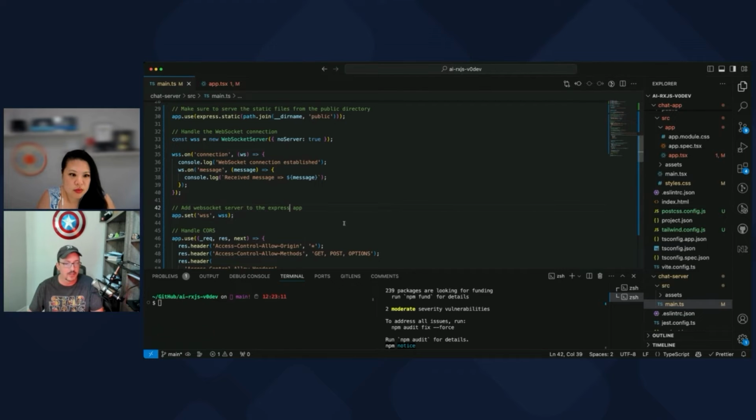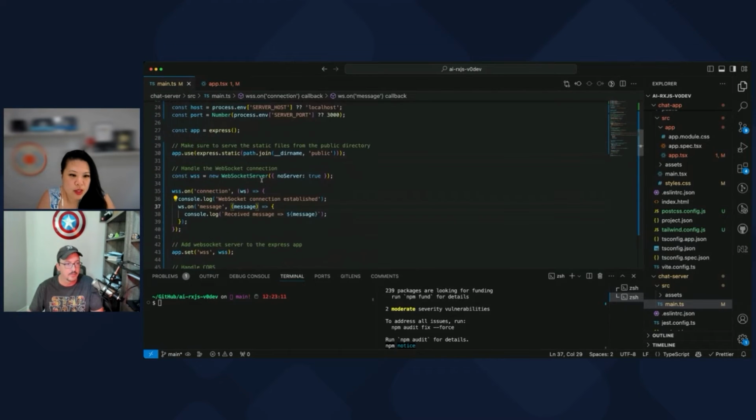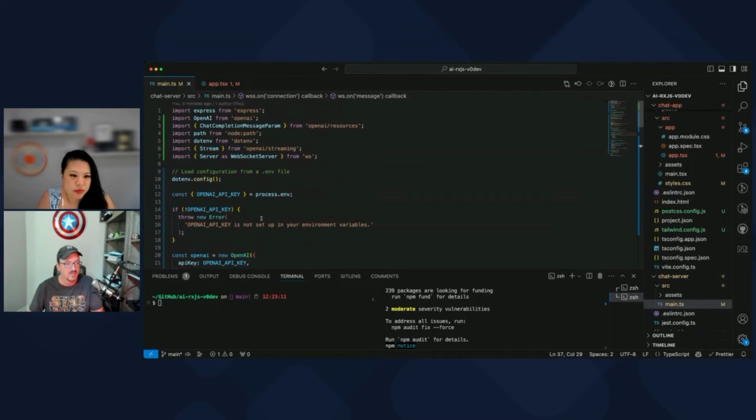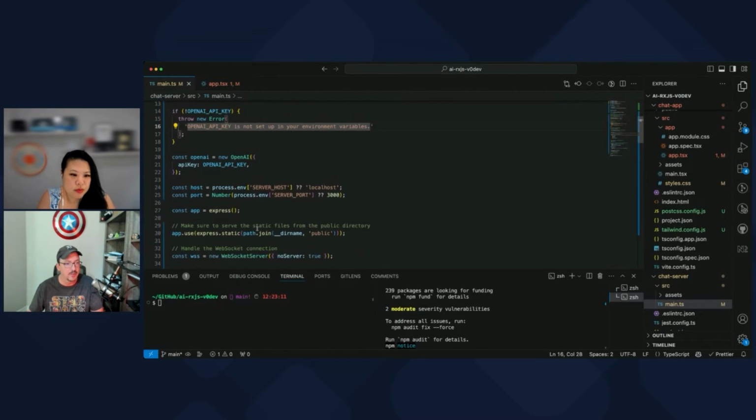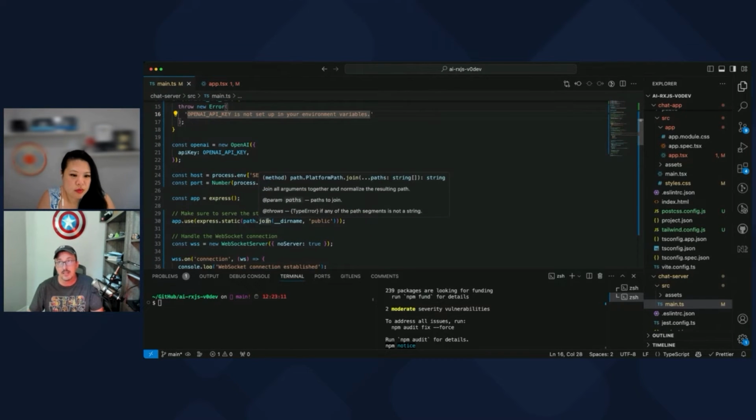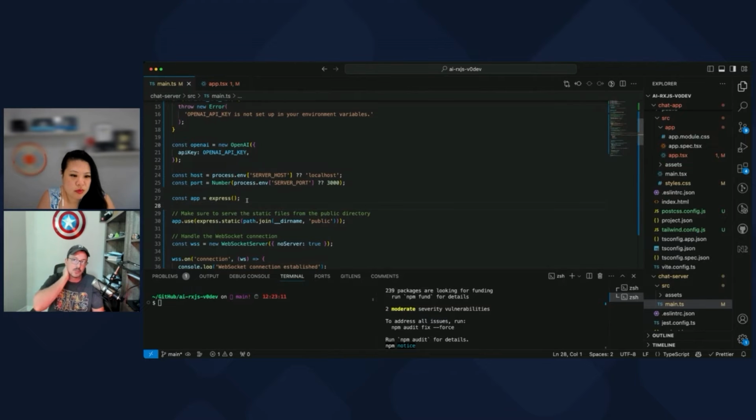Do a lot of people use WebSockets? Yeah, anywhere you want to stream data back to you, WebSockets make it a lot easier. They also leverage HTTP2 and HTTP3.